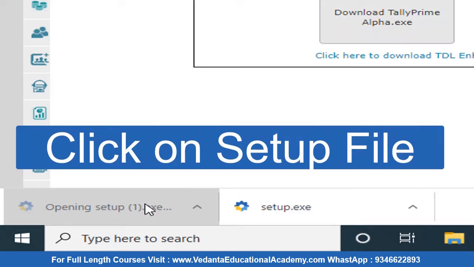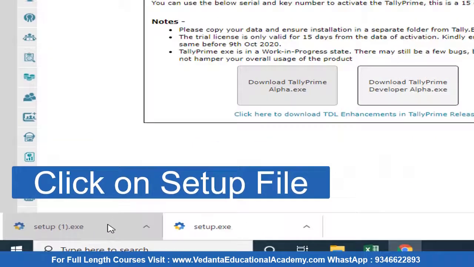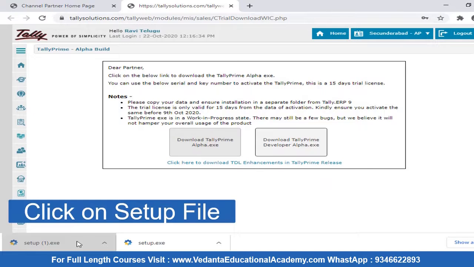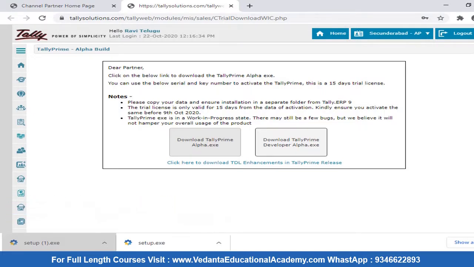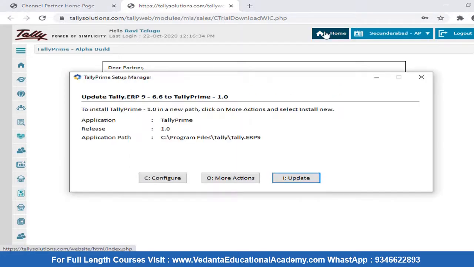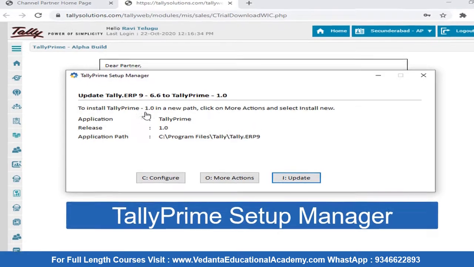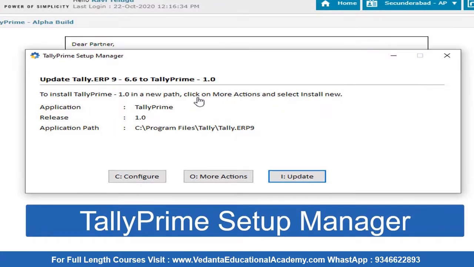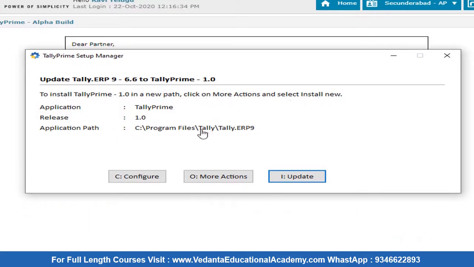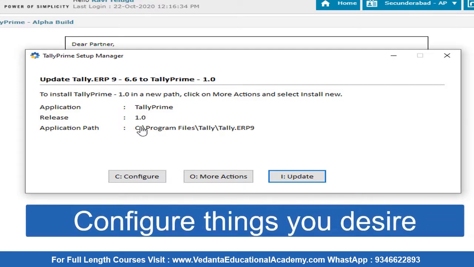Whenever you click on the setup file, immediately this Tally installation manager will open. Simply accept the permissions. Yes, now this is the Tally Prime setup manager. Here you can see that to install Tally Prime 1.0 in a new path, click on more actions. By default, Tally Prime is going to install under the C drive, in the Program Files folder, under Tally